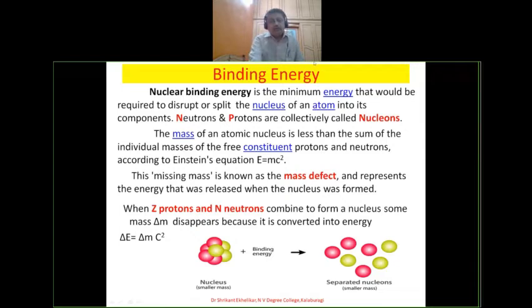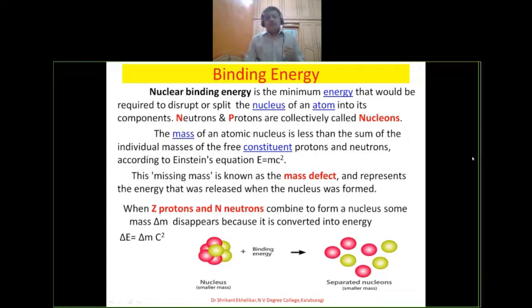to keep the protons and neutrons together. Keeping two protons together, because both protons are positively charged, there may be a Coulomb repulsion, and keeping protons and neutrons in a very small region of the nucleus, some force is required, some energy is required to keep the nucleons of a nucleus together. So to get that energy, mass is lost, which we call the mass defect, and